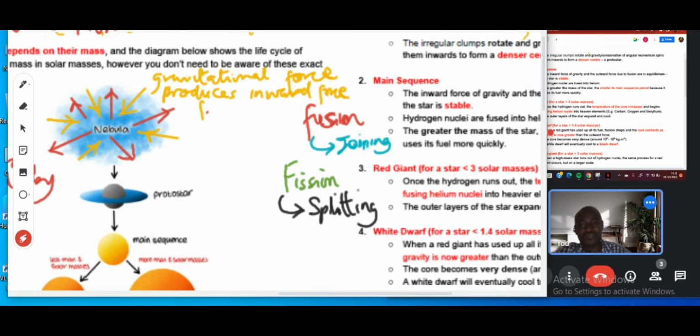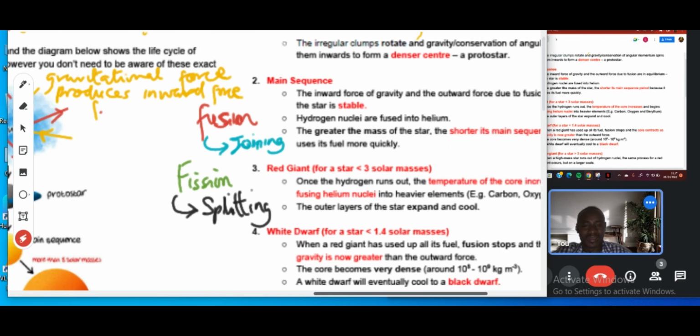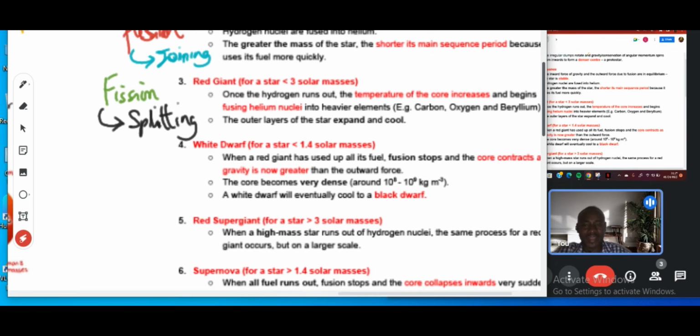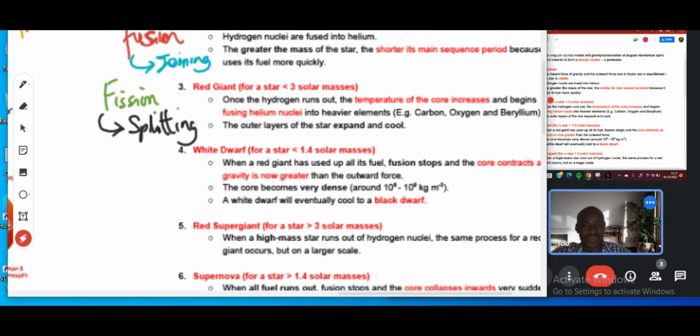You know, that's what I was trying to explain, but I had to pause until I get there. I told you fusion is taking place at the core, pushing outwards. So when the fuel is completely used up and no fusion is occurring, it means the gravitational force is the only one acting now, isn't it? So it will be bigger than the outward force, meaning that it will be pushing inwards more than the outward force. So it forms a dwarf star, what we call a white dwarf.